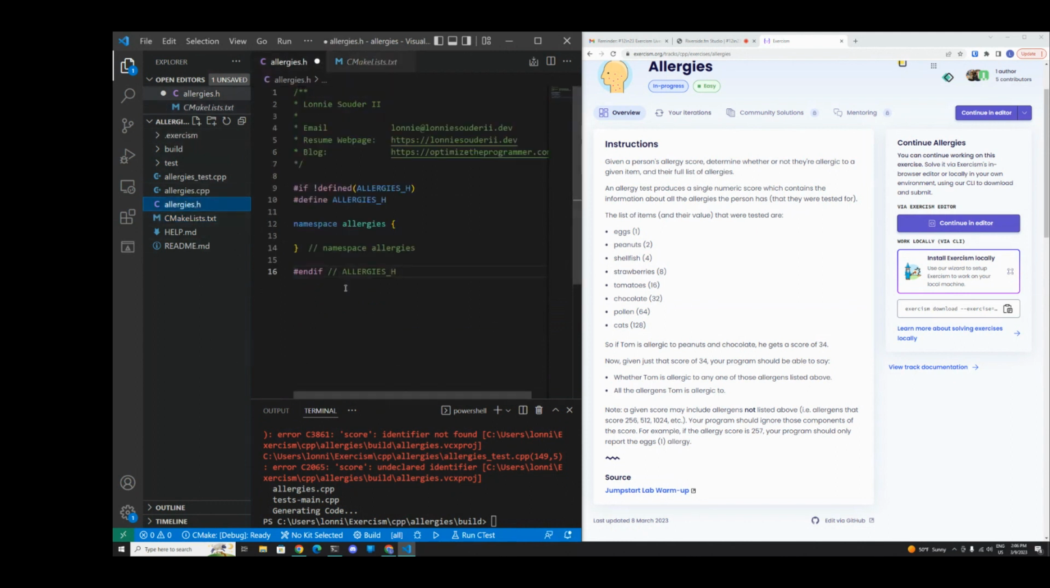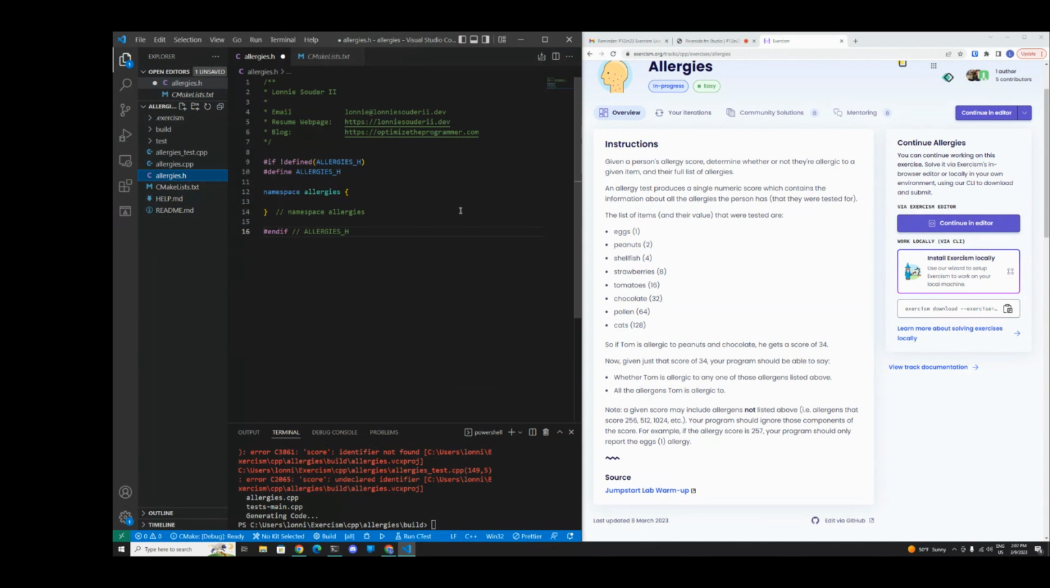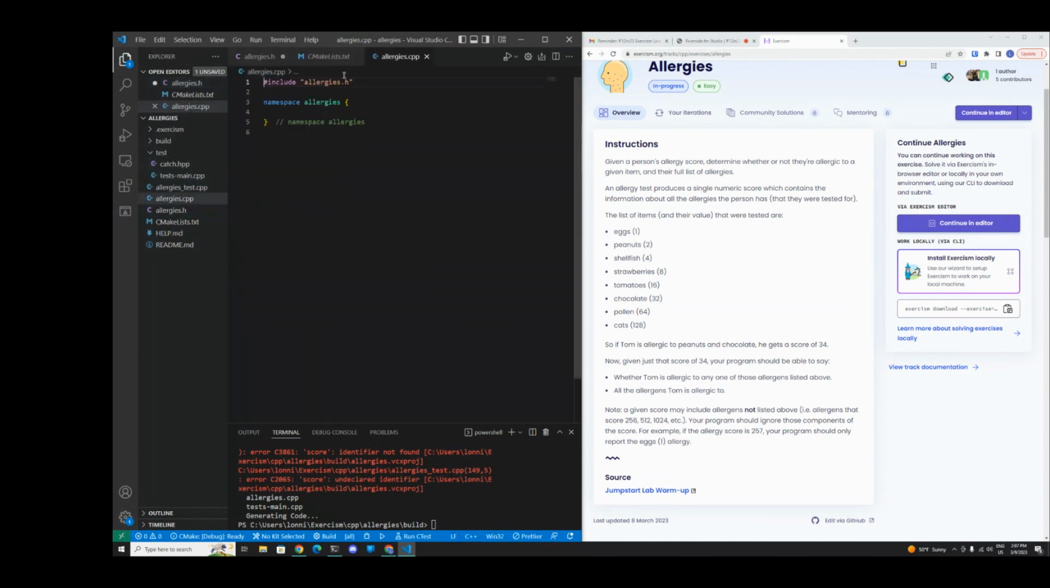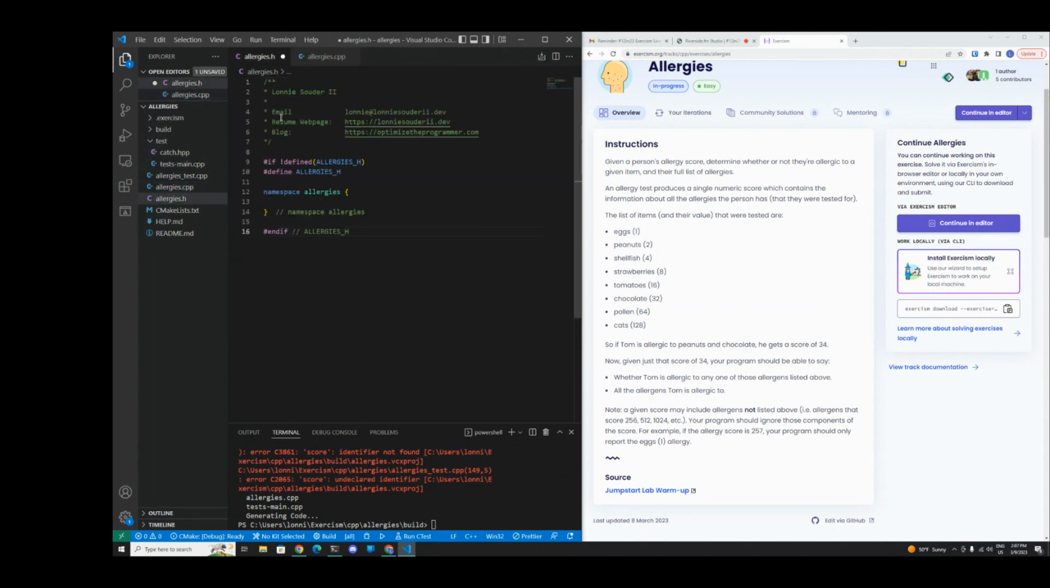Right. So allergies. I'm going to make this just a little bit smaller because that's huge. And we're also going to open up the CPP file. I'm going to close that out. All right. So the instructions for this exercise were: given a person's allergy score, determine whether or not they